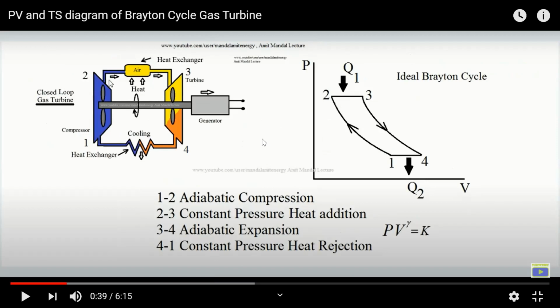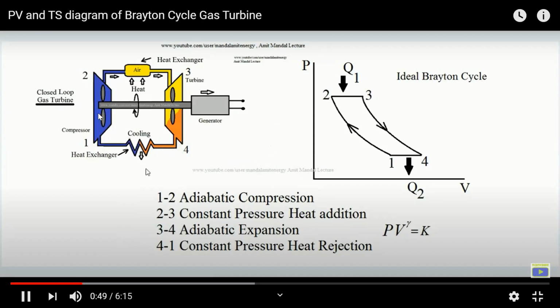So here we have seen the PV diagram as well as the TS diagram. Here we are going to understand the functioning of the Brayton cycle. When somebody asks you to draw the Brayton cycle, you can draw this PV and TS diagram and explain the process and the basic steps. From 1 to 2, the inlet is air and it is going to get compressed to a particular pressure P2 from P1 and T1. So this is the process we are going to cover, and we are getting all this process easily.